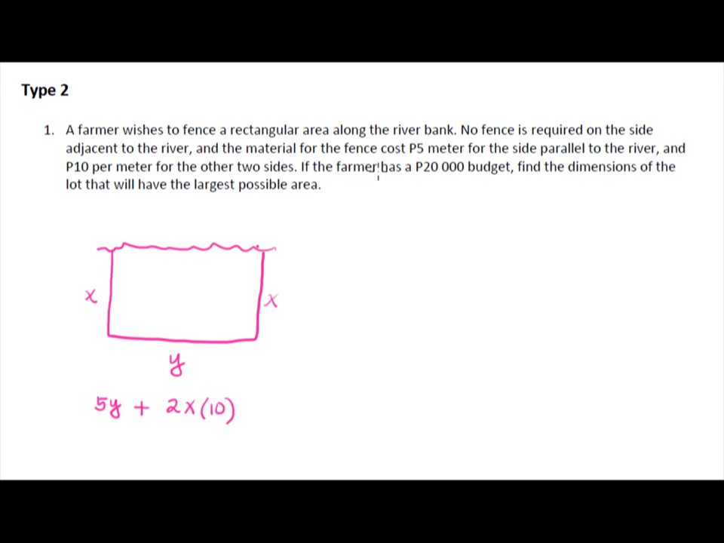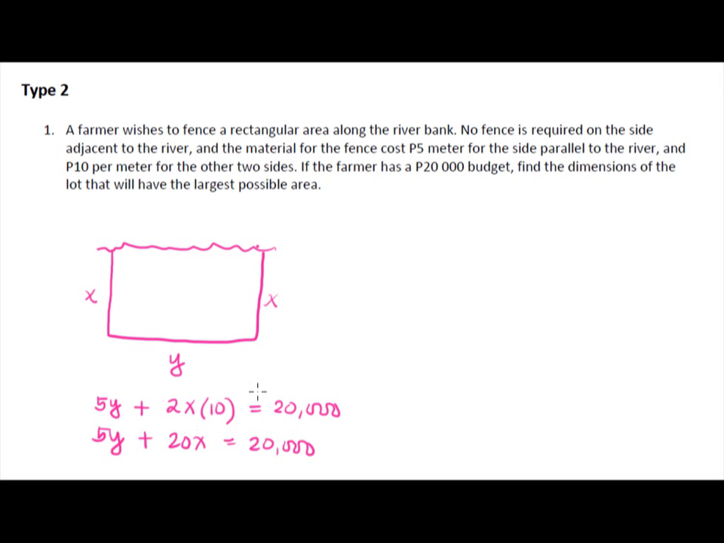But note, it says that the farmer has a 20,000 budget, so you don't want to go beyond this, and as much as possible we want to spend exactly 20,000 pesos. So expenses for the y side and expenses for the two sides x, 2x, times the cost 10 per meter, together this can only be 20,000. So just to simplify the equation, this is 5y plus 20x is equal to